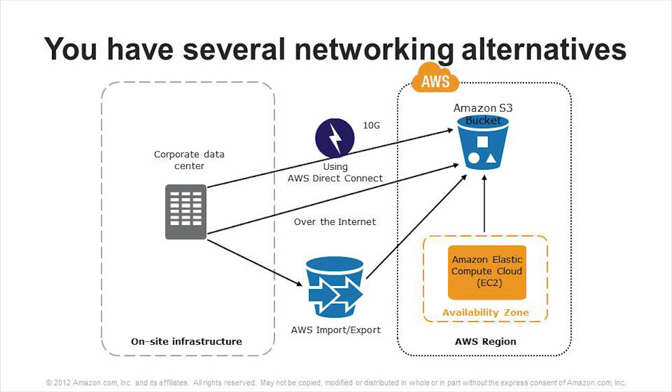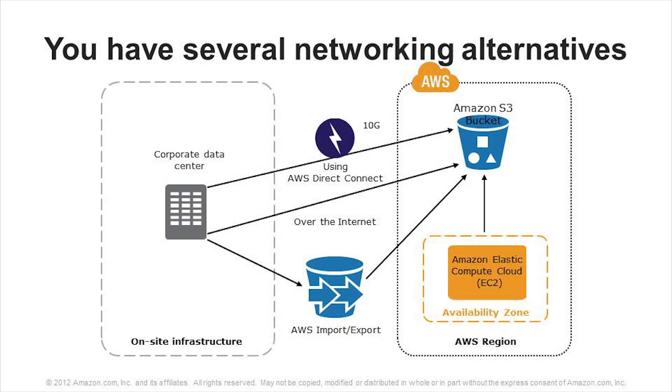So we talked about storage, and now let's move over to talking about how you connect from your data center up to AWS. Like a lot of different parts of AWS, you have multiple options and multiple ways that you can choose to design and implement this. The most straightforward and obvious way is to simply use your existing internet connection from your corporate data center up to AWS. That's great if you have a high bandwidth connection, if you have a 1 gig or 10 gig connection.